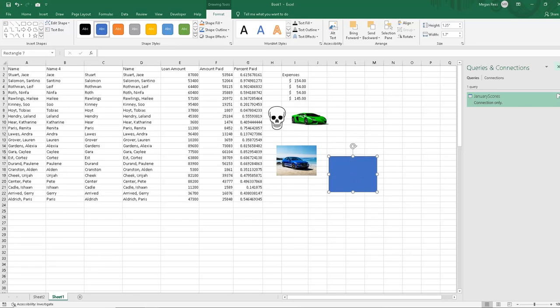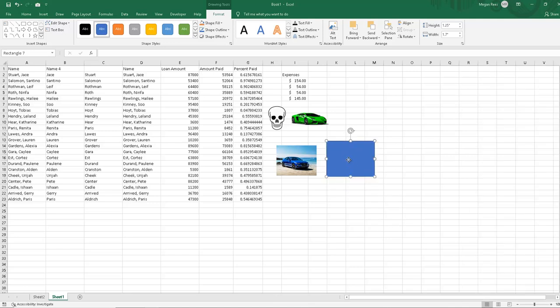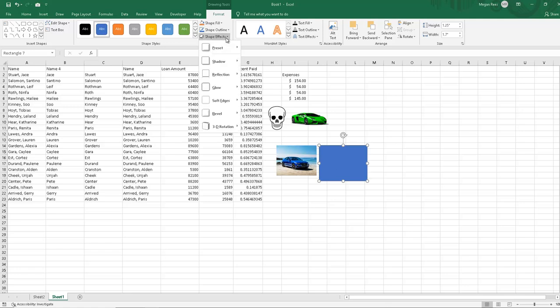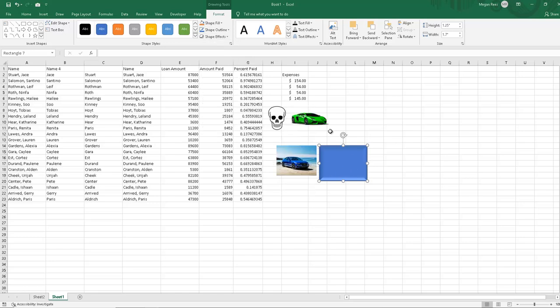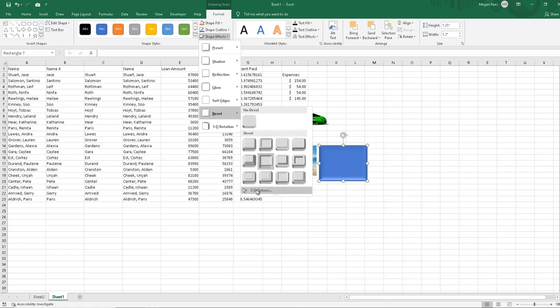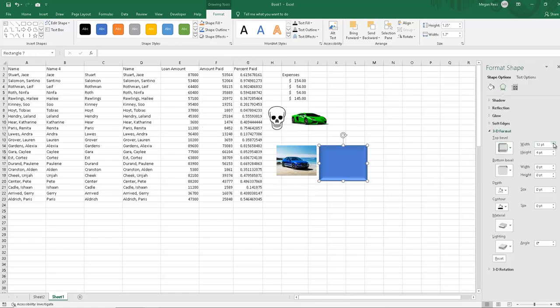So let's talk a little bit about that, because that's another thing that was on the MOS test that kind of surprised me. I've always been like, make it blue, and I've left it at that, but no. They're going to get complicated. They're not just going to say add a bevel. They're going to say add a relaxed inset or a soft rounded bevel, and then they might want you to go in and do 3D options and actually change the point size of how big that bevel is